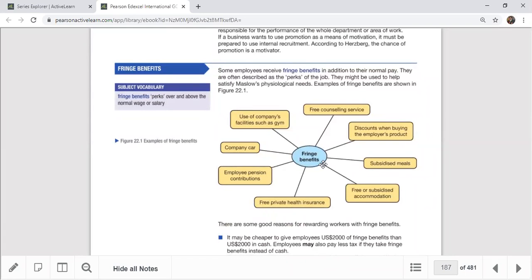Counseling. So free counseling services you can see as a fringe benefit, because sometimes workers need a kind of counseling service. Sometimes they're in stress, in a very panic mood. Sometimes they're very stressed and very sad, or sometimes they have some family issues or personal issues or factory issues. So you might have to be directed to a counselor. Sometimes free counseling services are offered by some organizations if you are in a very stressful mood. Sometimes inside the organization there are counselors, but some organizations hire professional counselors.